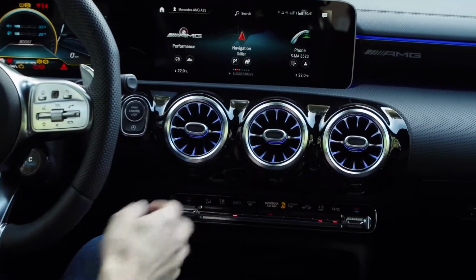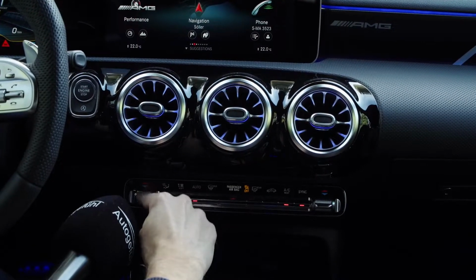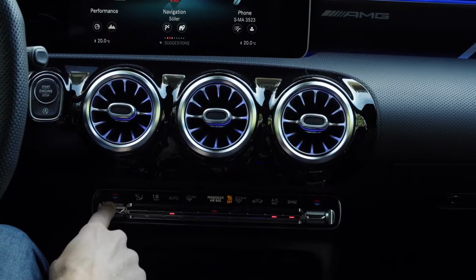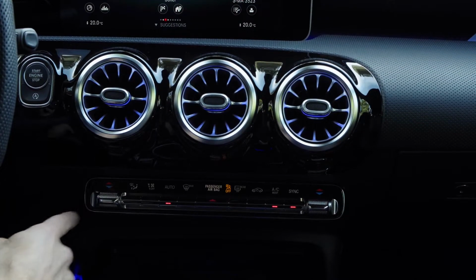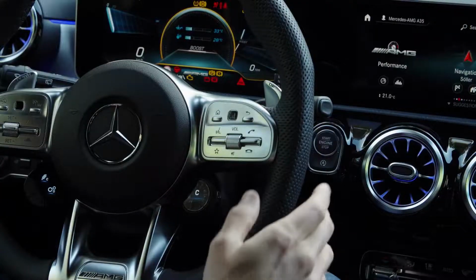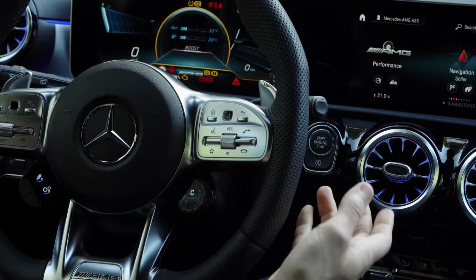Below those very prominent air vents is still a separate climate unit with a nice clicking sound, so you can adjust the temperature there, and also the vents or the hazard light. Well, you can also change the temperature just with the voice control with the MBUX. For that voice control, you can either press the button at the steering wheel, push it up, or say,